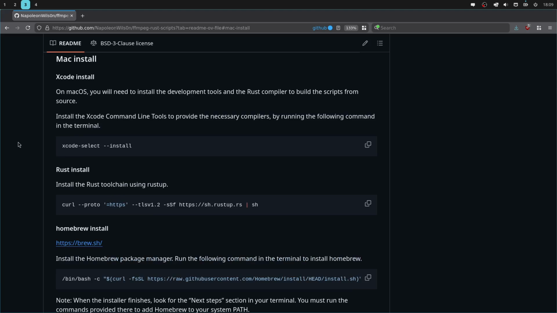So first of all, you actually need to install Xcode. And you can do that by running xcode-select --install. This will take a little time to download and install Xcode. And as I said, you do need to install Rust on the Mac to actually compile the scripts, which doesn't take a long time. And you can do that by installing the Rust toolchain using rustup by running this command